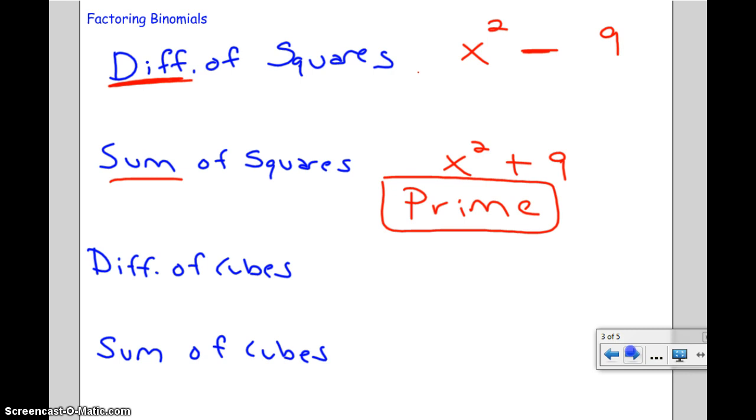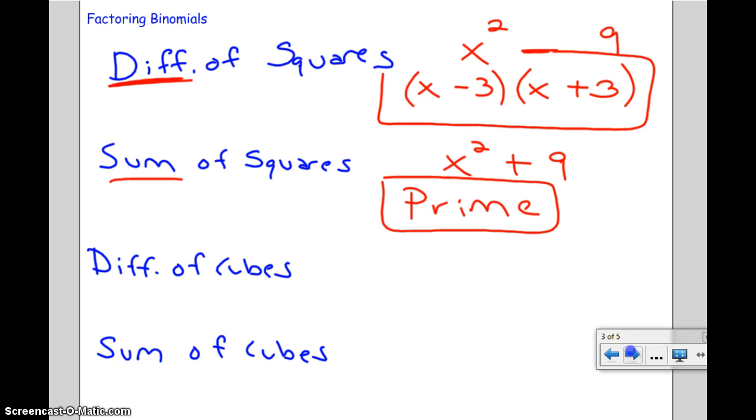A difference of two perfect squares I can factor by thinking about that reverse FOIL technique. First times first makes first. So x times x multiplies to make x squared. What two numbers multiply to make negative 9? Well, that would be negative 3 and positive 3. And then do negative 3 and positive 3 also add up to make nothing in the middle? Your middle term is a 0x, and they do. Therefore, that positive and negative 3 will cancel each other out and allow you to just have 2 terms instead of 3 terms. So x squared minus 9 factors into x minus 3, x